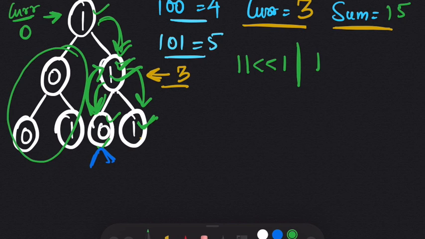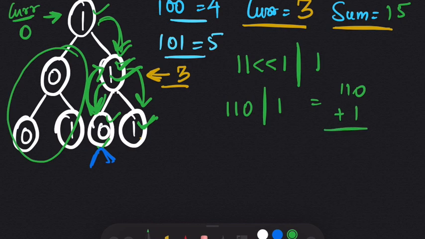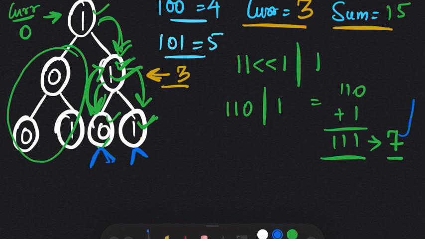So 1 1 left shift 1 is 1 1 0, OR 1, which is equal to 1 1 0 plus 1, and the answer is 1 1 1. So 1 1 1 in decimal is 7. Again, since we have reached the end of our path, we will add this 7 to our sum, and our sum now becomes 22. And all of our paths are now done.